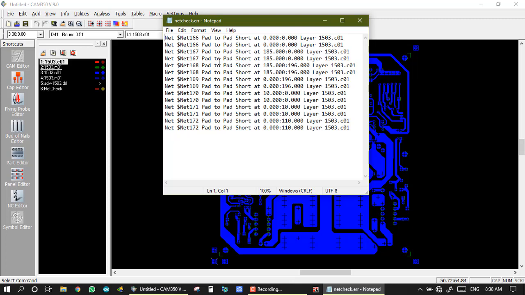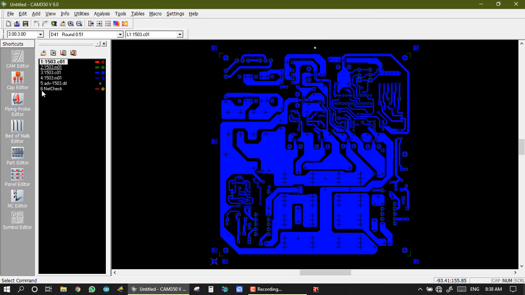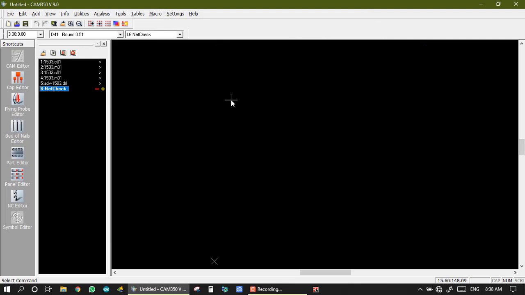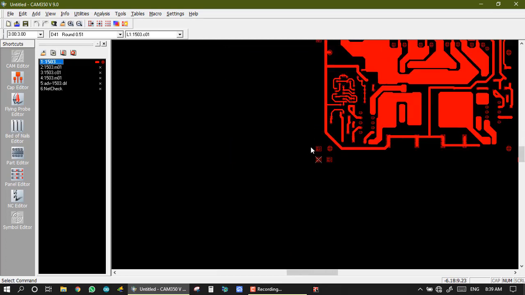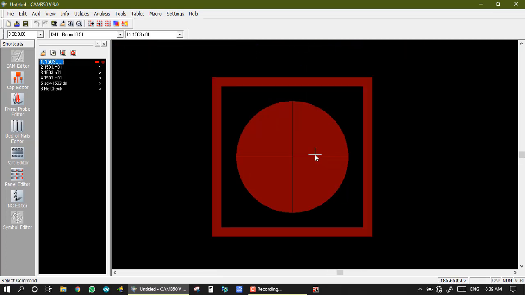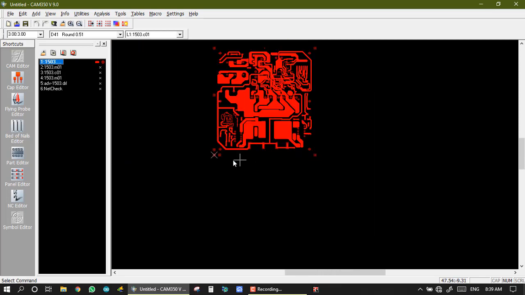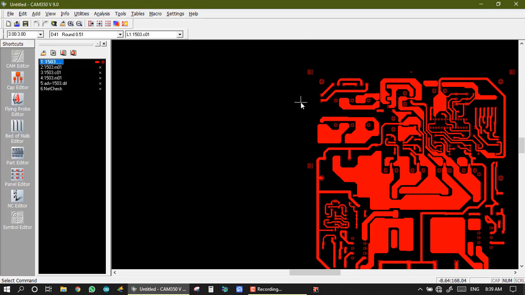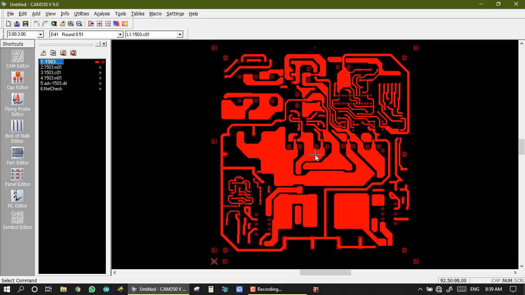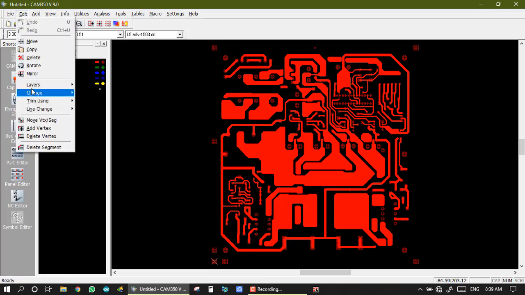We still get an error. So this is the error of our reference hole for CNC drilling or masking and all other. So we delete this because it is also not required in our PCB testing. So we delete all these reference holes. For this we select all layers and then go to Edit and Delete.